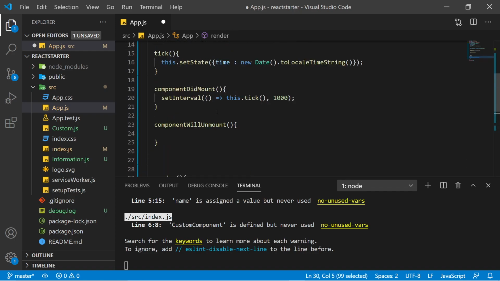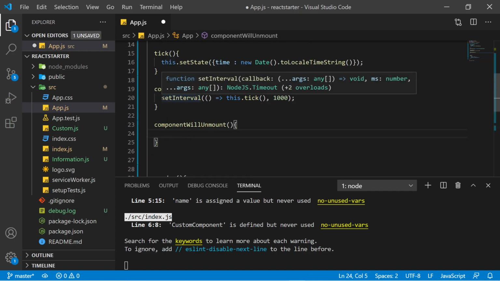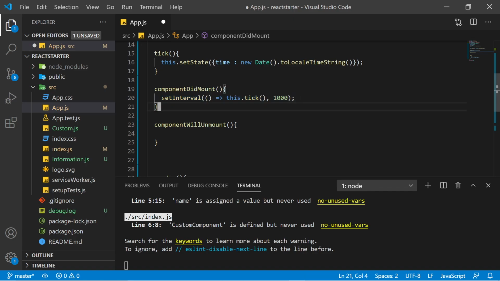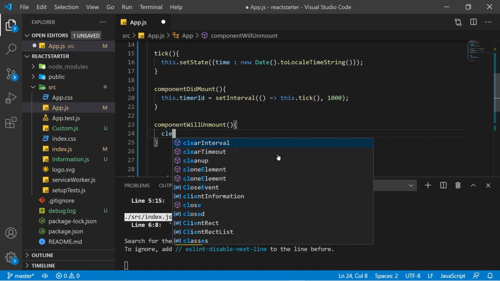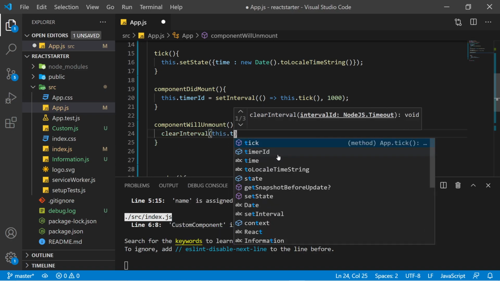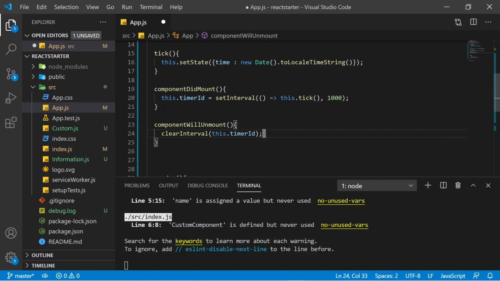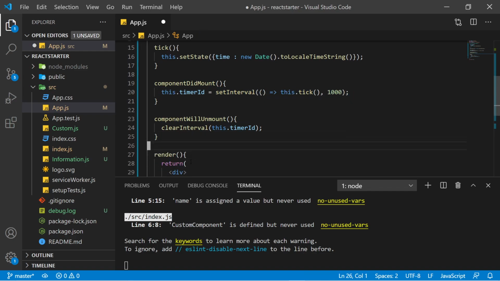So this line means that we are calling this tick function every 1 second. Every 1 second we are updating the state of time and showing it on our web page. Inside the unmount method you can clear this interval. To clear this interval, let's store the interval in some variable, and then simply write clearInterval with the start timer. Why are we doing this? To prevent a loop. Let's say we are on another web page, then this function would continuously keep running, which we don't want. When we are on a separate component, we want to clear this interval so that it doesn't keep running continuously.